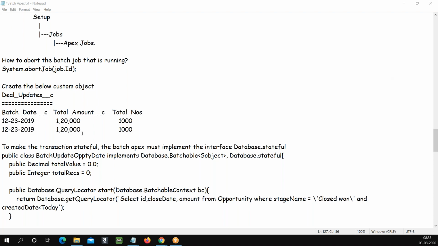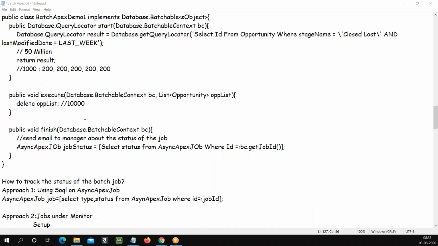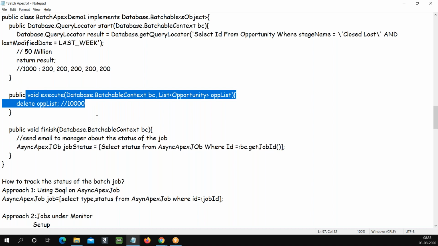What happened? Okay. Every execute method is a discrete transaction, right? Every execute method is a discrete transaction. Okay, right? Say, for example,